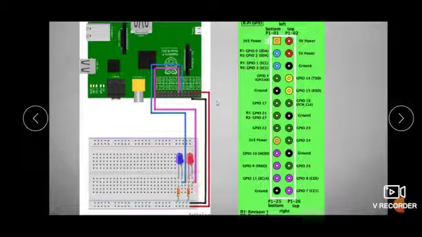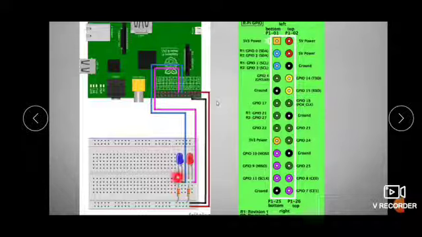Those wired connections are given for these LEDs, and to the other end of the LED there will be a resistor connected. We have seen that the components required are two resistors of 1K each.